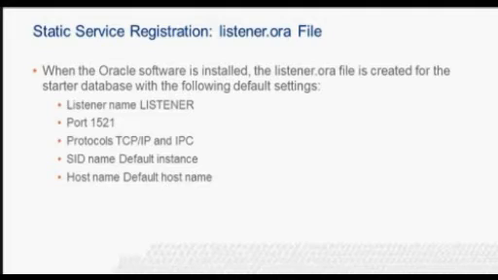The default listener.ora file contains the following parameters: the name of the listener, where the default name is LISTENER. The ADDRESS_LIST parameter contains a block of addresses at which the listener listens for incoming connections. Each address defined in this block represents a different way by which a listener receives a connection. The TCP address identifies incoming TCP connections from clients on the network attempting to connect to port 1521.